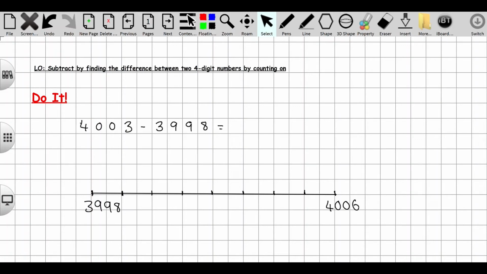Today then we are going to be learning to subtract by finding the difference between two 4-digit numbers by counting on. Now we have a question here which will be very similar to those on Do It, and it will say here 4003 subtract